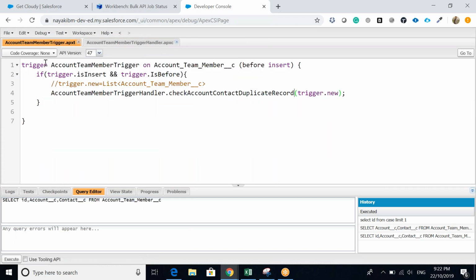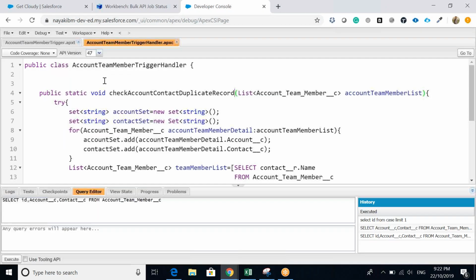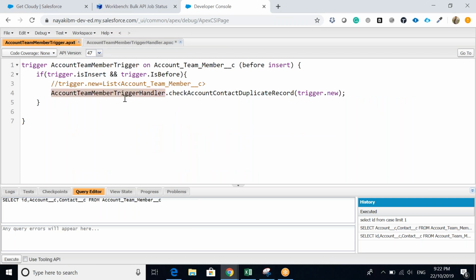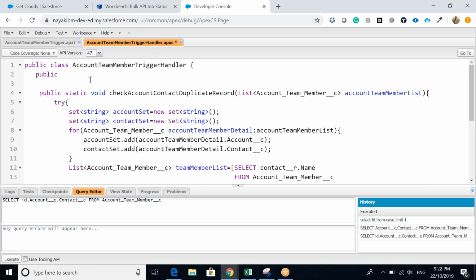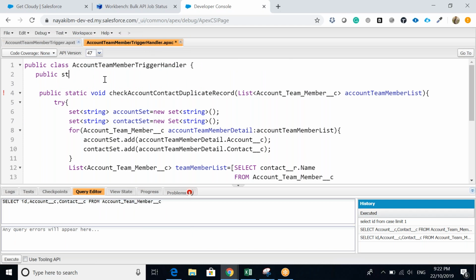So now I'm going to change my code from a bulkify point of view. I have already created one method here for the duplicate check, so I'm going to create another method for bulkify. I have created one trigger here, and on this trigger I'm calling a helper class. In this helper class, I'm going to write the bulkify code like this: static void check account contact